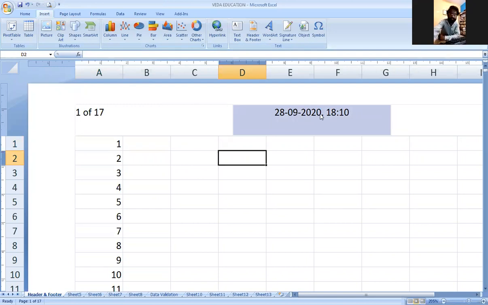And the thing is that whenever you are opening the document, the time will change. If you are opening the document after 10 minutes, the time will change. If you are opening the document after 10 days or 15 days, the document will change the time also, the date also. It's a thing which should be noted. Whatever the system time shows, it goes on showing that time.